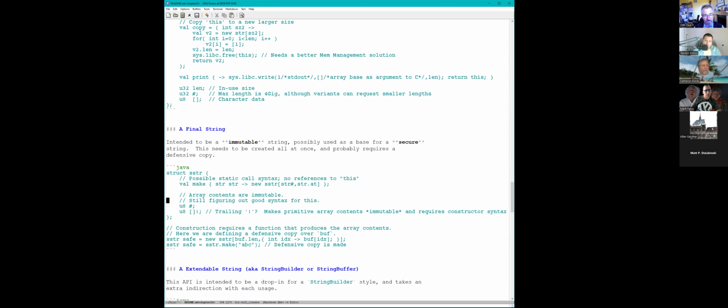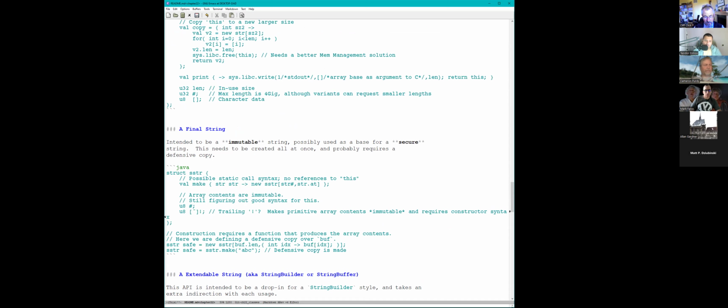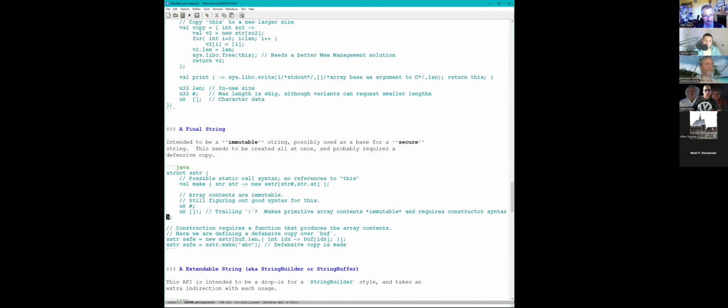So here is one of my syntaxes: it was a trailing bang, and I went instead for the twiddle in the middle. And I can make a string, and I can declare a safe string, which is one that is globally, universally immutable. It has the same API as a string, except I might have to make a defensive copy so that you're not allowed to secretly hold on to a backing mutable array buffer.